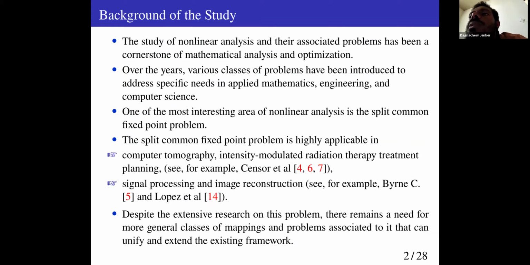their associated problems has been a cornerstone of mathematical analysis and optimization. Over the years, various classes of problems have been introduced to address specific needs in applied mathematics, engineering, and computer science. One of the most interesting areas of nonlinear analysis is the split common fixed point problem, and this problem is highly applicable in computer tomography, intensity modulated radiation therapy treatment planning, and also in signal processing and image